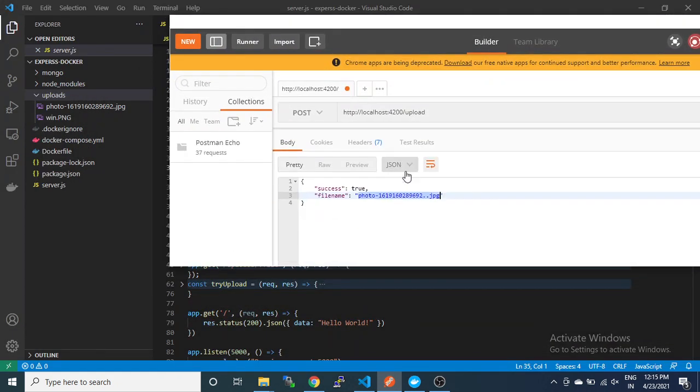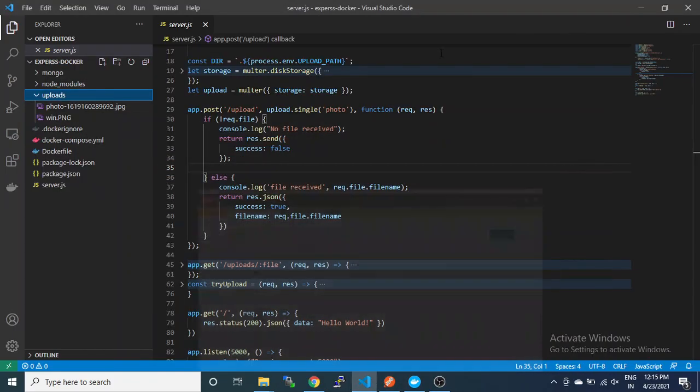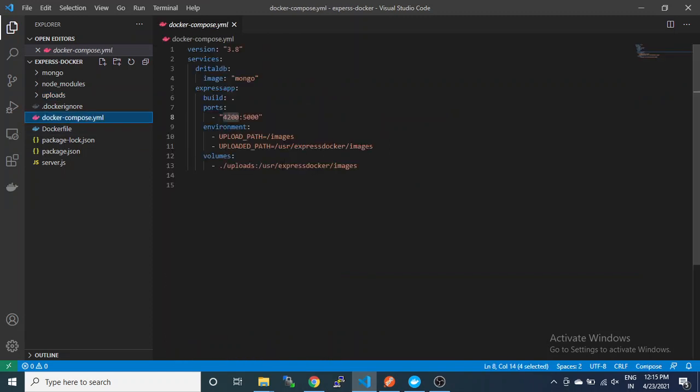So you can check the name 161, and so we have uploaded inside the container, but it is reflecting outside the container. So for that we have mapped it here. We have uploaded it here, but it is mapped to the outside of the container. So we are also reflecting the same file here. Okay, so you can check it here.